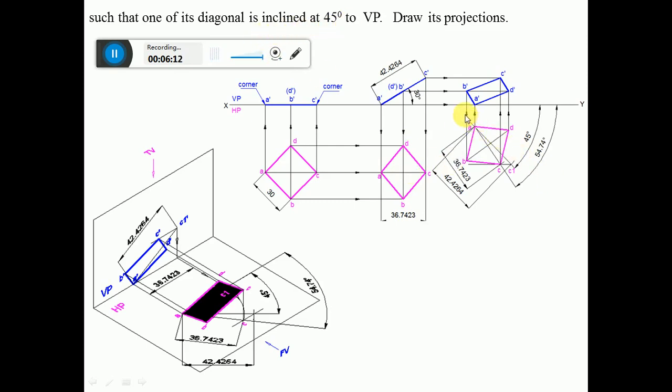So we cannot reproduce the same sketch on this 45-degree line. That is basically because this is the apparent length and the inclination given is the true inclination. So consider any point and draw an inclined line at an angle of 45 degrees as shown. Then take the true length of the diagonal, AC. With A, measure the length from A to C. Consider any point on that 45-degree line and cut an arc on this, so that you get this point C1. Then draw a horizontal line which is going to be the locus.